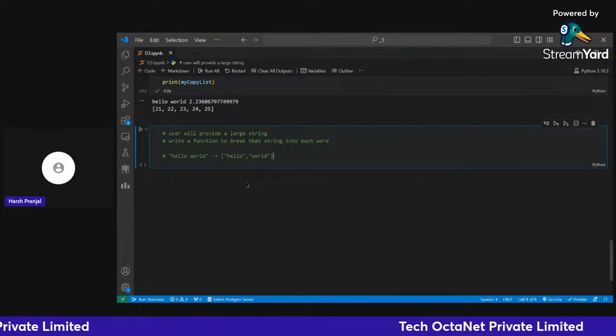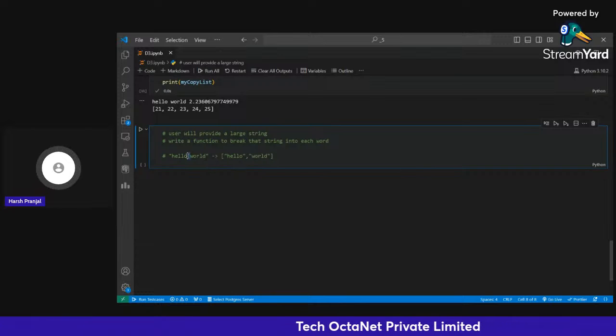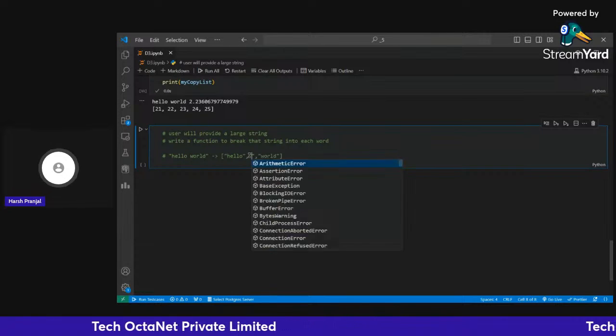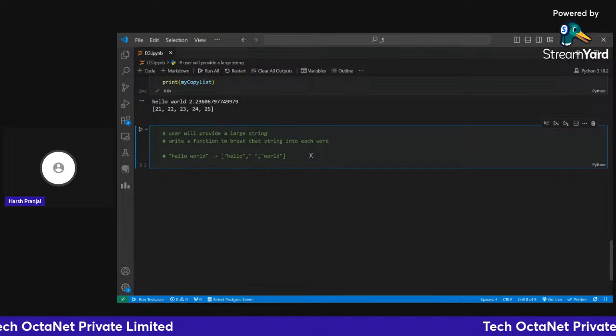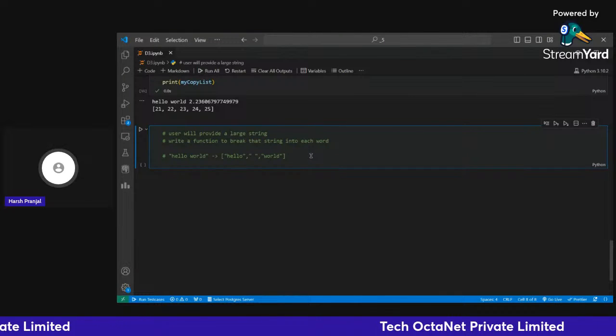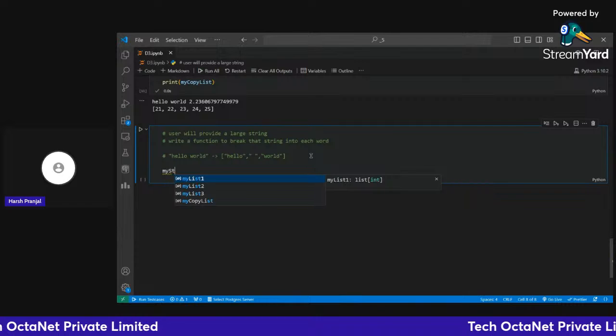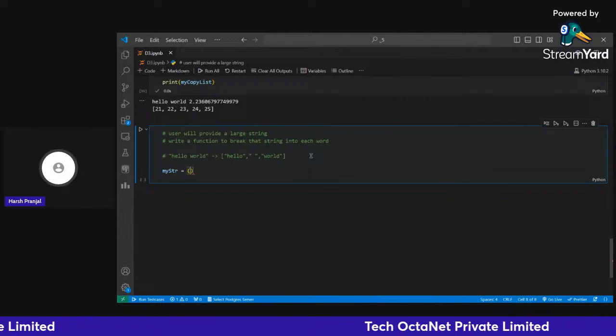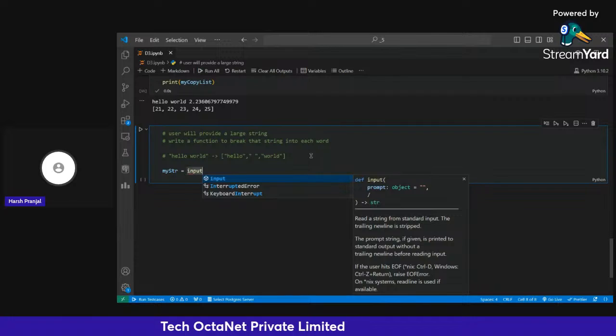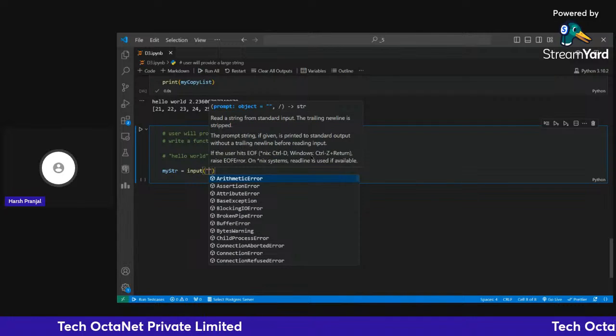One more thing. There is a space, so that space will also be counted as one more element. This is what you have to achieve. First of all, let's ask the user for an input. So let's create a variable myString, and ask the user for an input. So this time enter,